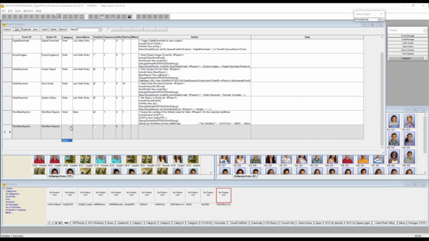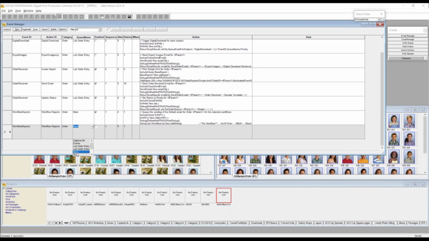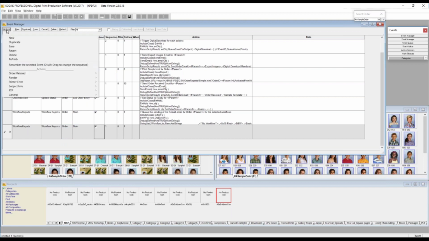It's order based. What queue do you want to use? This events use workers, and I'll just reinforce that. I'm going to add an action to this before I save it. And now in the order related actions,